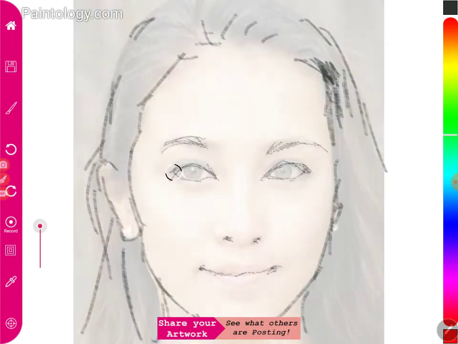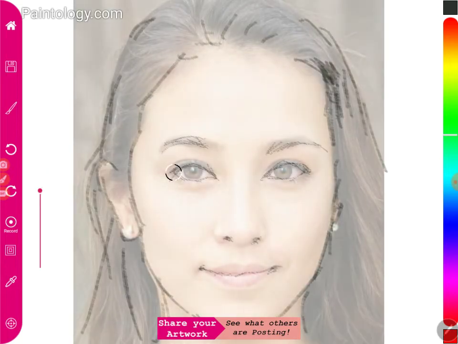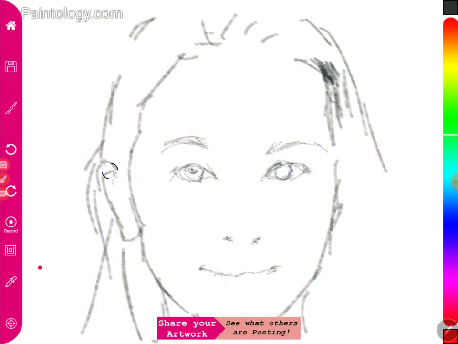So as you can see, that makes me want to do the pupils and the eyeballs here. So let's see what we have here now. Okay, that's coming together, but as you can see, there's no shape of the lips and the nose, so